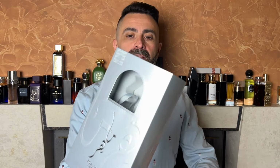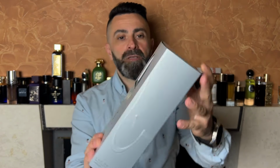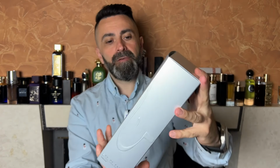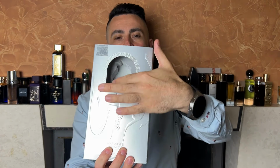As usual, let's first quickly check out the packaging and the presentation of Maahir Legacy, the bottle design, because it's a very interesting bottle design and a very interesting packaging. The fragrance comes packaged in this silver colored box, but in fact the box is made out of two parts. This is sort of an outer sleeve. On the front here there's a cutout where you can see the actual bottle,